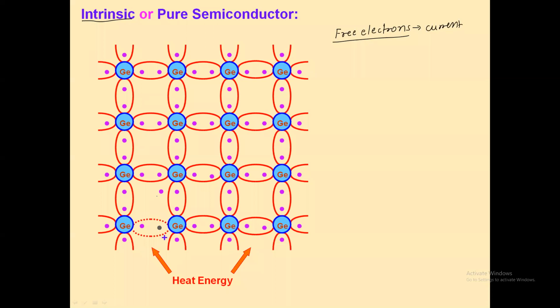Why is it very low? Because the free electrons are what make the current flow, and the number of free electrons is very small. That's why we say the pure semiconductor material shows little current conduction capacity, or small current conduction capacity. So you can see this thing.